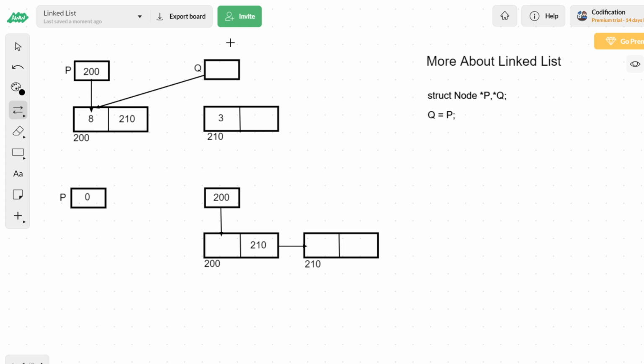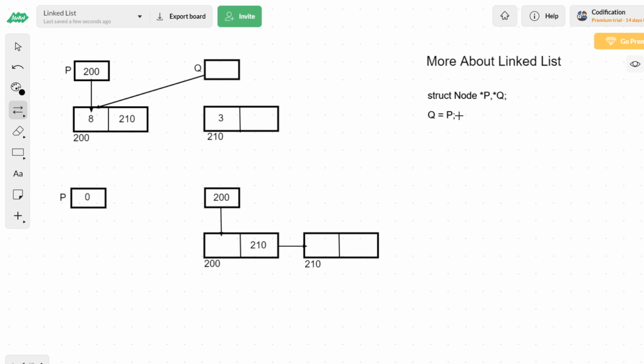Okay, so when you want to make a pointer refer to a particular node, it is very simple. You have to take the address of the node and store it. If it is in a different pointer, assign that pointer to this pointer. So q equal to p, and automatically the address will be copied here. The primary purpose of mentioning q equal to p is to show how to make a pointer refer to a node. By simply storing the address of the node in the pointer, you will be able to refer to it. That is what we have done now.